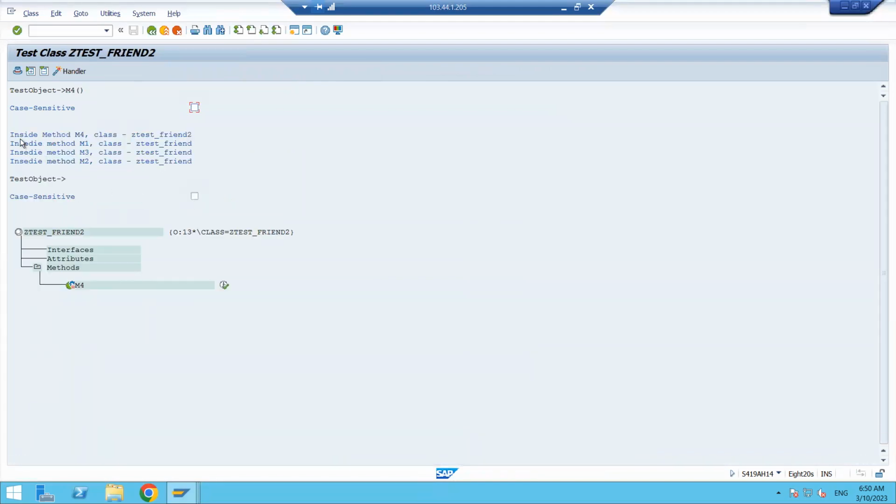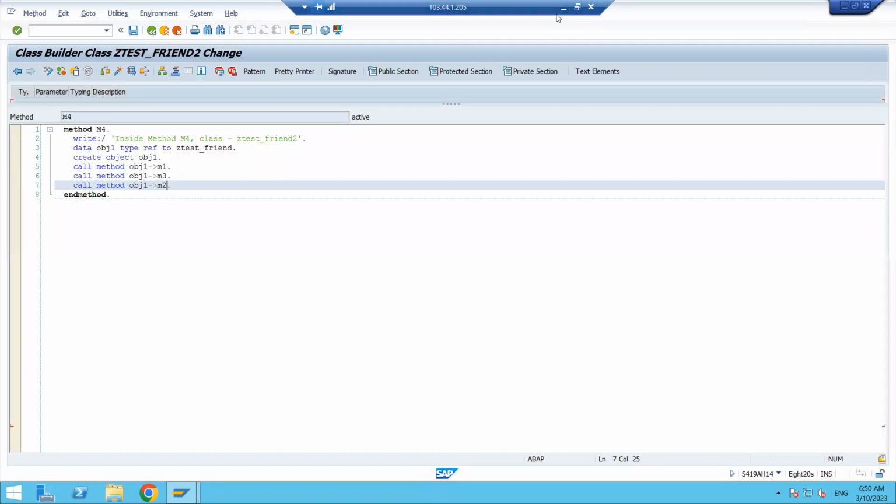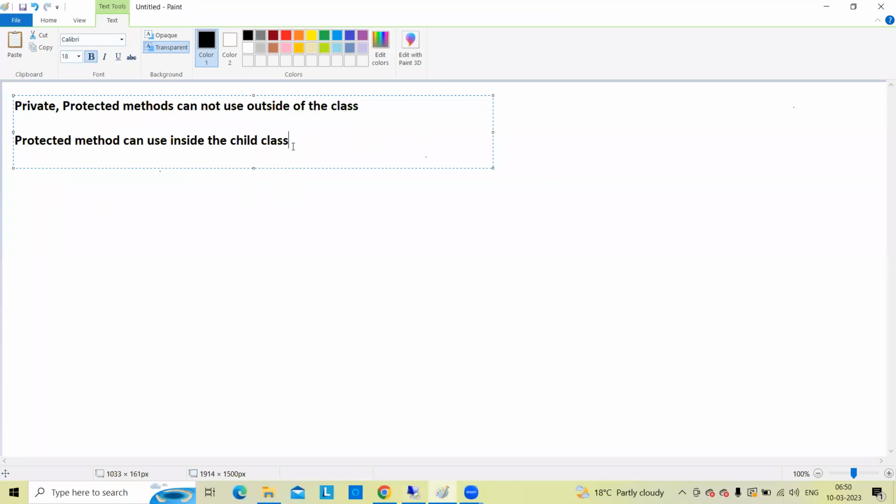If you see the result here, inside method M4 is coming and the class name is getTest friend 2. And coming to the next one, inside the method M1 the class is getTest friend, not friend 2, only friend. This is the first class. These three methods are being called from the first class, and the first line is called from the second class. Means if you want to use public or protected or private methods outside of the class, in another class, then